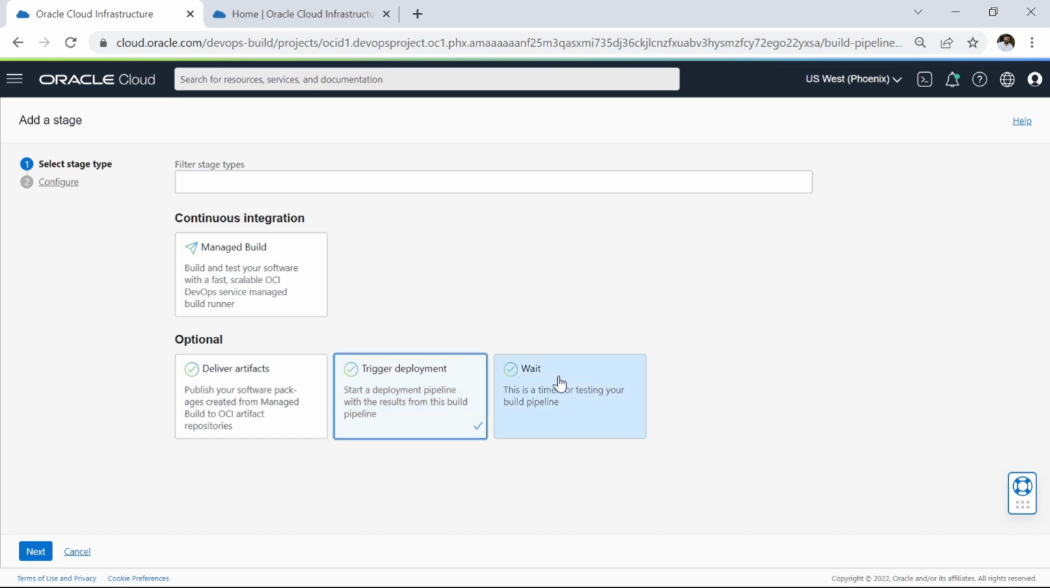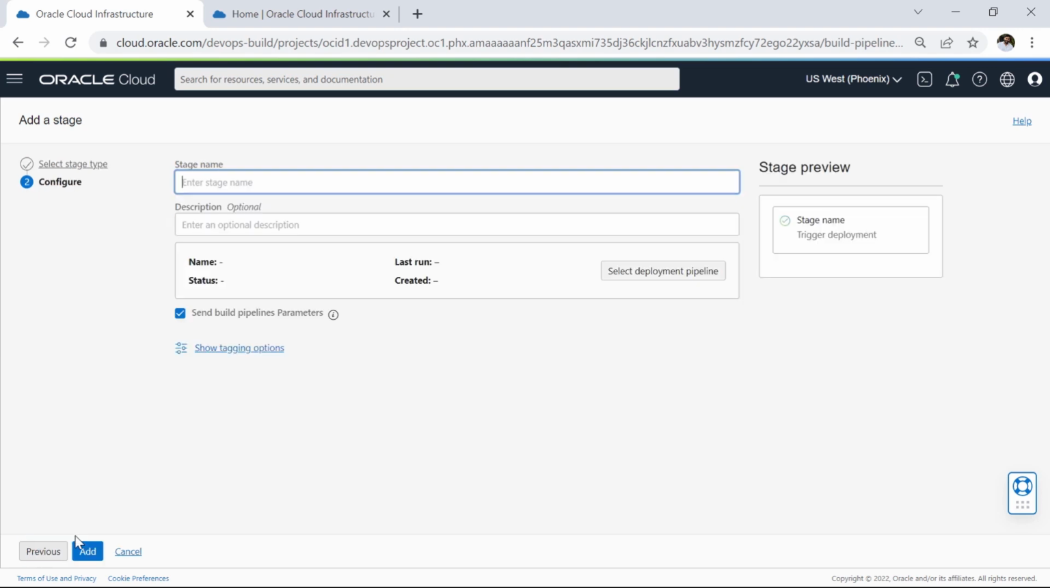Also note you can add a wait stage to your build pipeline. This basically pauses your build pipeline for the interval defined. For our demo, we will be selecting the trigger deployment stage and click on next. Fill the required fields like stage name and description. Okay, so I have filled up the required fields and I've given the stage name as start storefront deployment, given